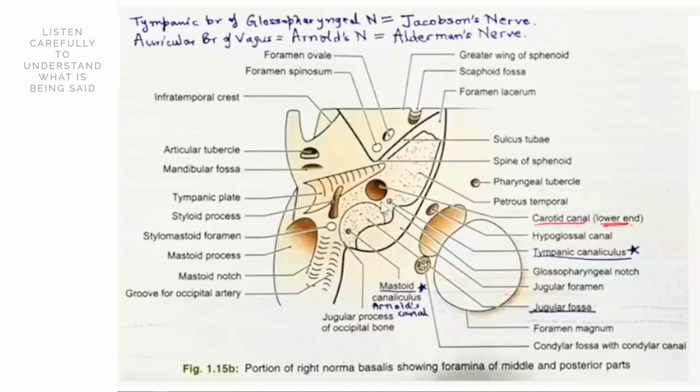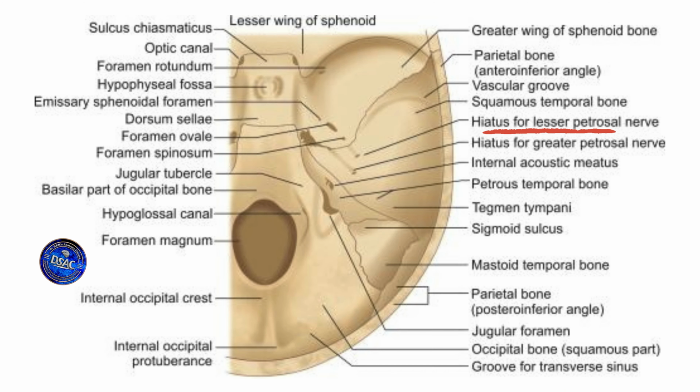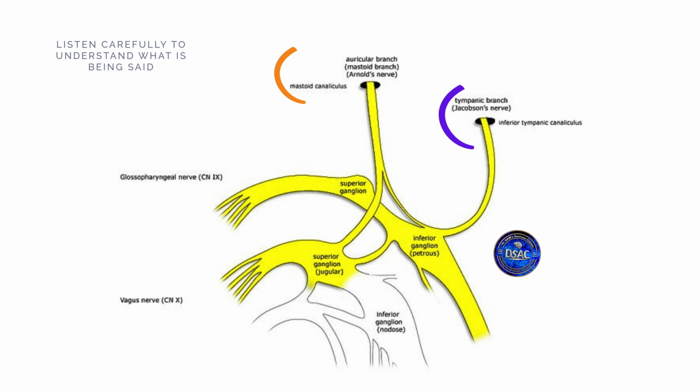to do here, rather they will extend as lesser petrosal nerve, and they'll emerge out of this petrous temporal bone in the form of the hiatus for the lesser petrosal nerve on the anterior surface, and will pass out through foramen ovale. And remember that this nerve also has a different name, that the tympanic branch of glossopharyngeal nerve is called